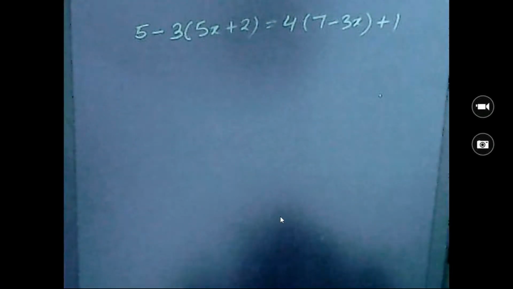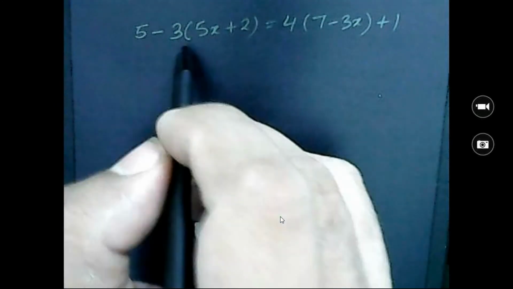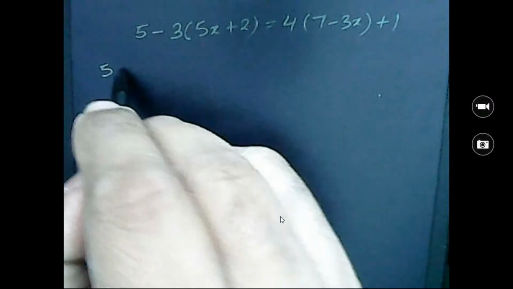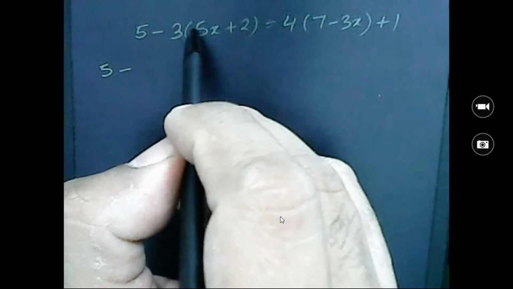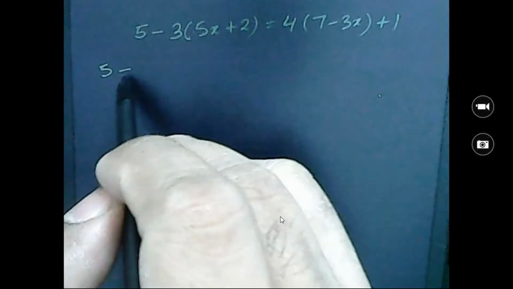If this is the equation that I have and I have to solve it, first of all, open all the concerned brackets. So this will be 5 minus 3 fives is 15, right? And minus, and this one is plus. If you multiply minus with plus, the outcome will be minus